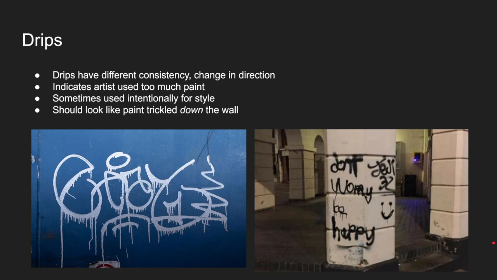So drips will also typically follow gravity and angle only when the texture of the surface changes in direction. Kind of like here, you can see the drip falls down and then drips off to the side as the surface itself has its own inconsistencies. It guides where the drip goes. They seem pretty straightforward, but they can be deceptively easy to mess up, especially in virtual spaces where we don't have laws of physics to necessarily guide our hand.